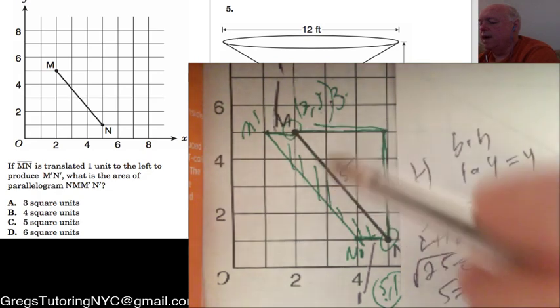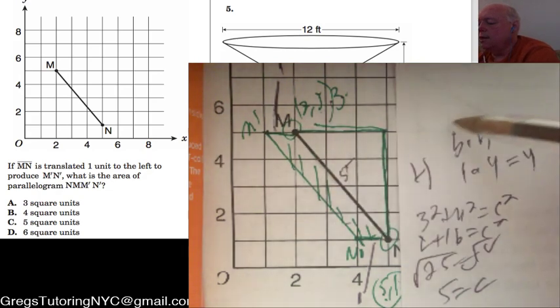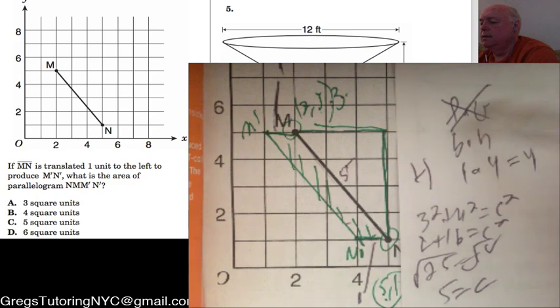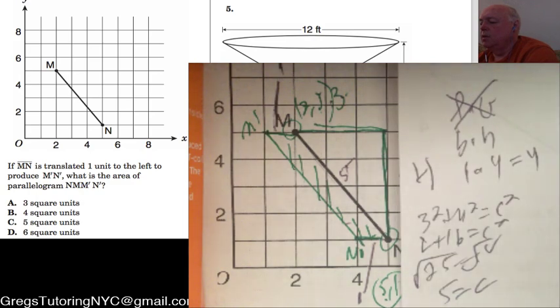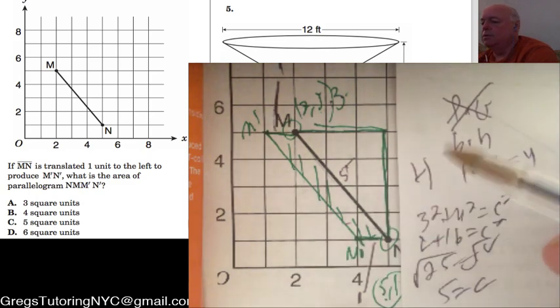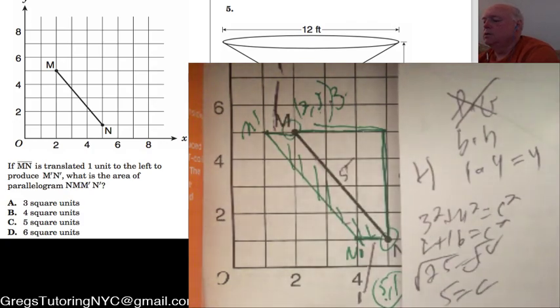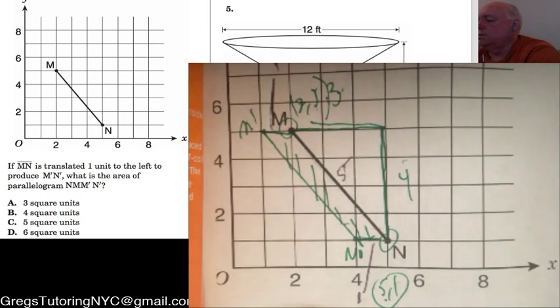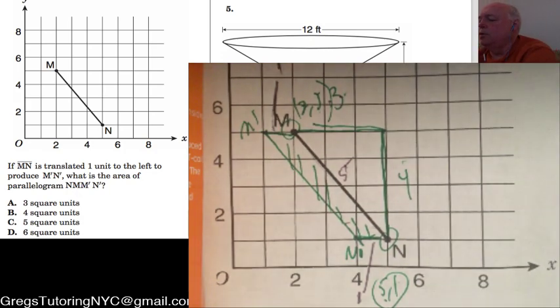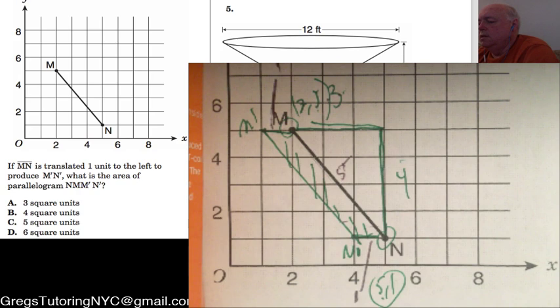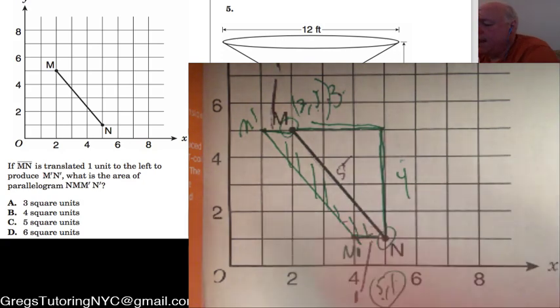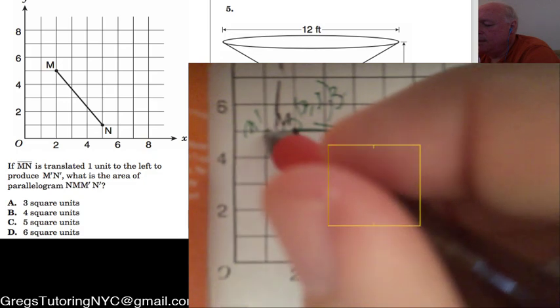And if this is 5 and 1, and this looks like length times width, and it's not. Okay? So we went through that, and I'm just representing this just to get it kind of tidy. So it turns out there's a couple more solutions to this. And it kind of proves that it's 4. Another way to do this is if we drop down from m prime over here